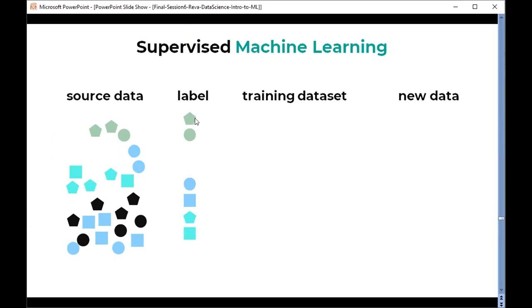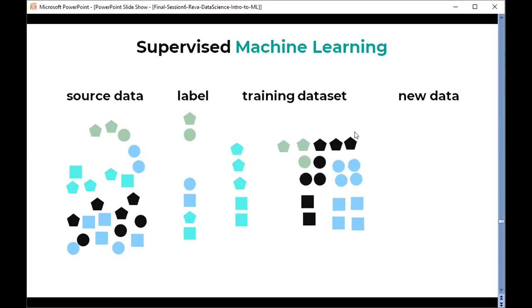Here we define this is circular data, this is polygon data, and this is square data. These labels are present in the training data set.